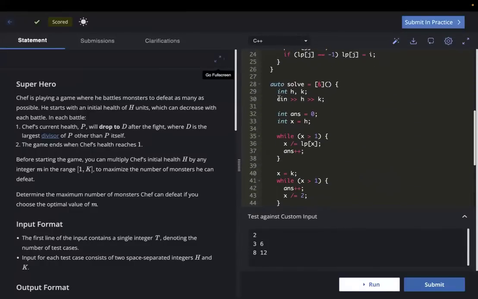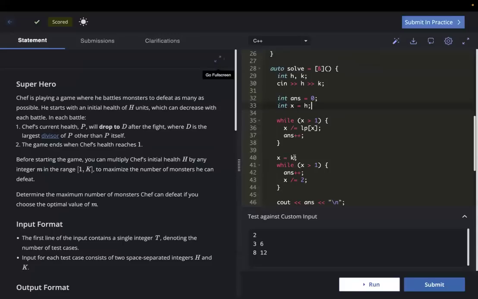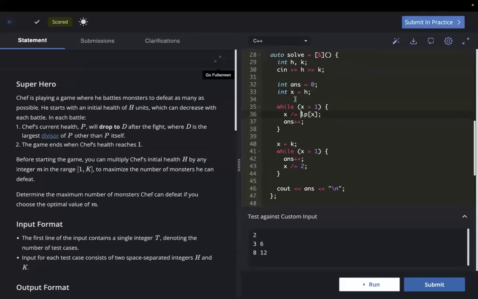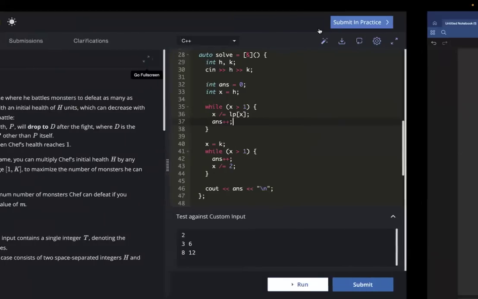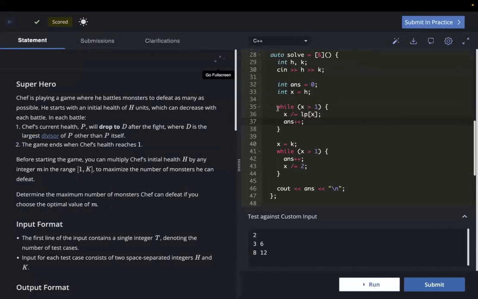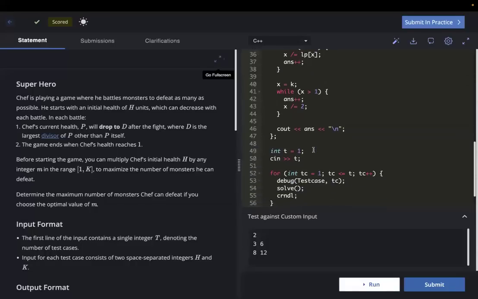After taking the inputs, you can just divide the number, whatever health you had, by its lowest prime number as long as the value remains greater than 1, and increment the answer. So basically you have figured out the total number of prime numbers which are dividing the health, and after that you can just